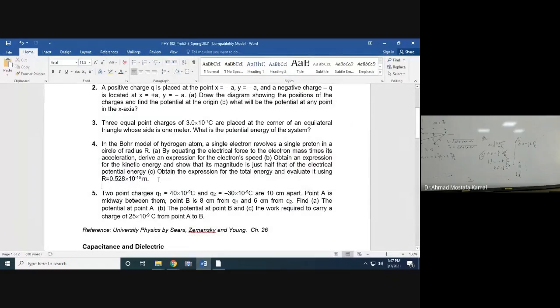0.528 into the power minus 10 meter. This is actually the radius of the electron orbit. Okay, 0.528 into the power minus 10 meter. In this expression, find out the total energy. So এখানে k এর ভ্যালুটা তোমরা জানো, e এর ভ্যালু জানো, r এর ভ্যালু দেওয়া আছে, find out the total